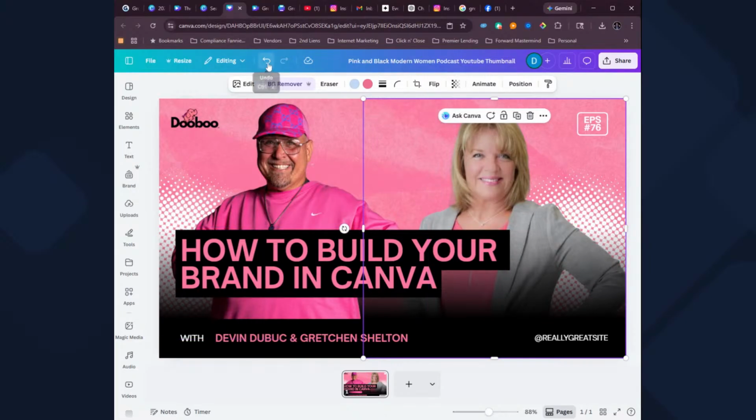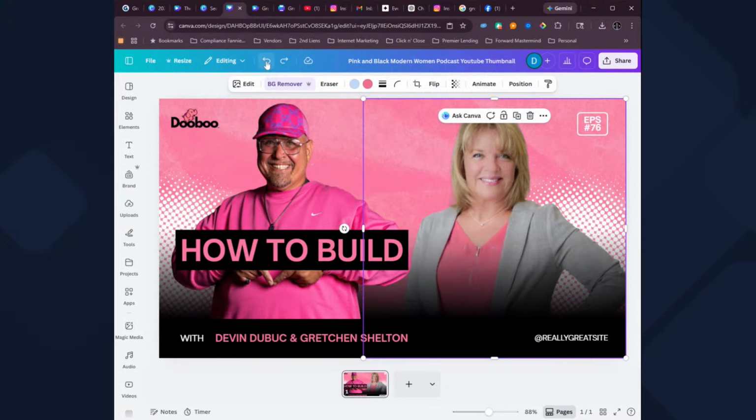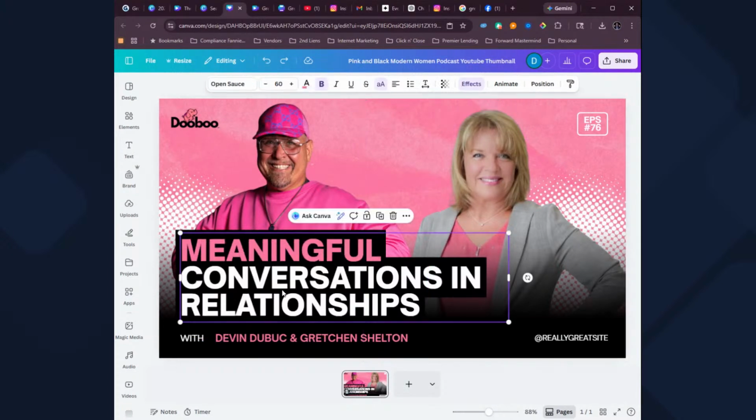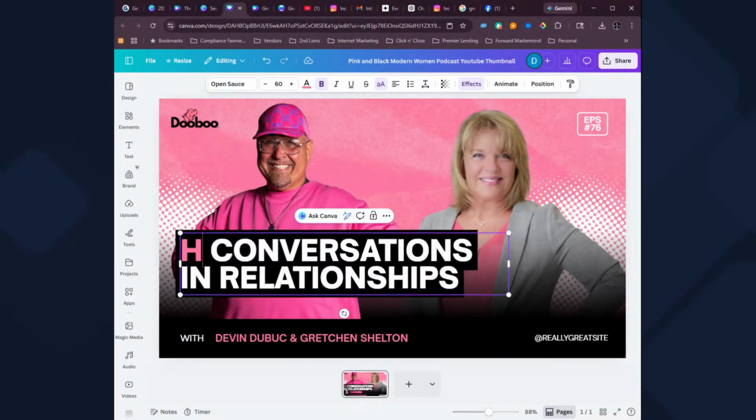Now, one thing I want you to notice is when I did that, I lost some of the color that it had. So I'm just going to hit the back button right up here. See, we've got a little back button, and I'm going to take this off. And I liked how this was white and this was pink, right? Now, there's two ways we could do that. We could just delete this and call it how to,